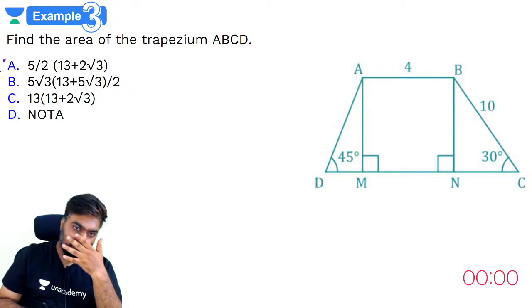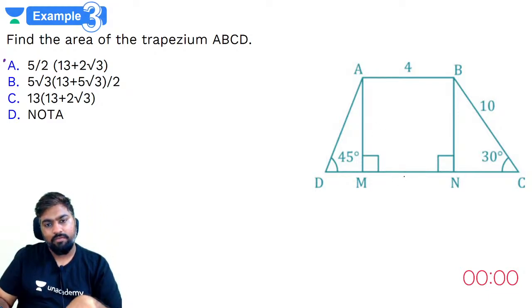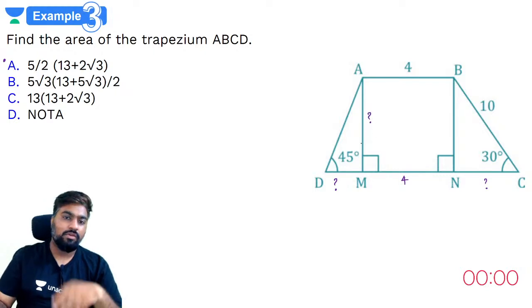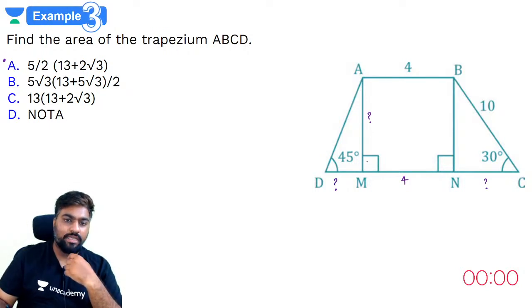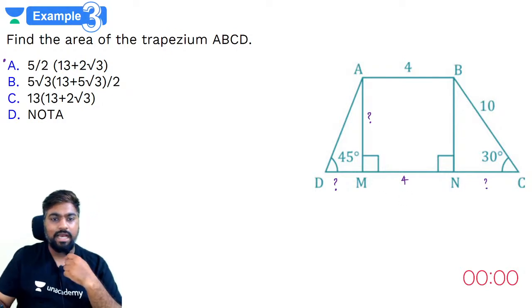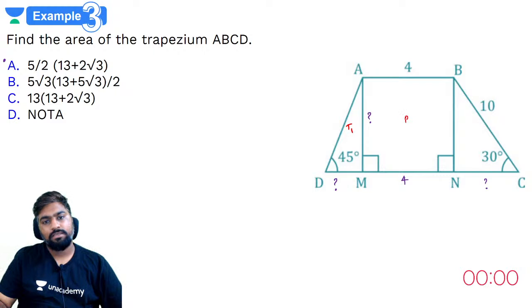So we can do this in two ways. If we can find out this entire thing, we know MN is 4, if we get this and this, then you can use the arithmetic mean of AB and DC into the height, that will give you it, right? So let's find these first. Or you can do it using parts. Find out the area of this right triangle, this rectangle and this second right triangle. Once this is done, it will also work out, so we can do it with both methods.